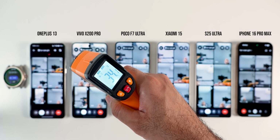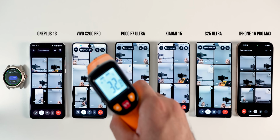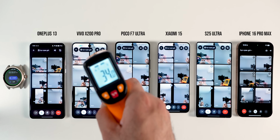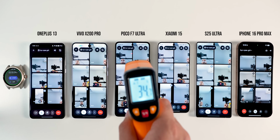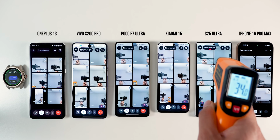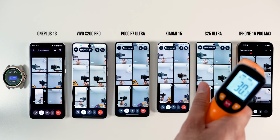I also measured the temperature, and all phones had the same temperature with two exceptions. First, the Xiaomi 15 was 2 to 3 degrees hotter than the rest. The reason is that the Xiaomi 15 is smaller, and smaller phones tend to have higher temperatures due to the laws of thermodynamics. The other exception was the iPhone, which was 2 to 3 degrees cooler than the other phones,